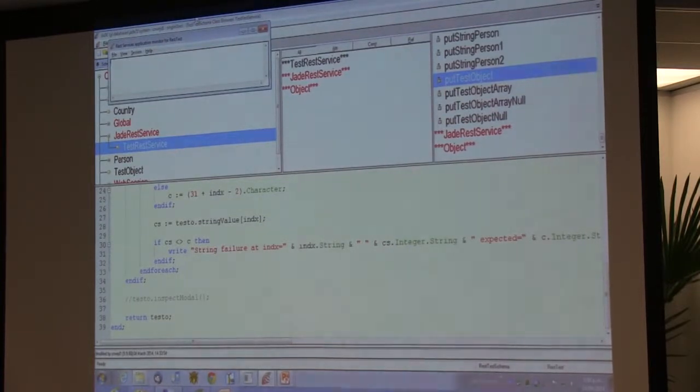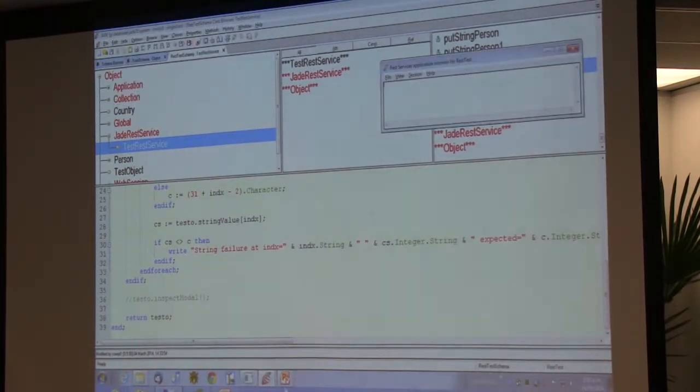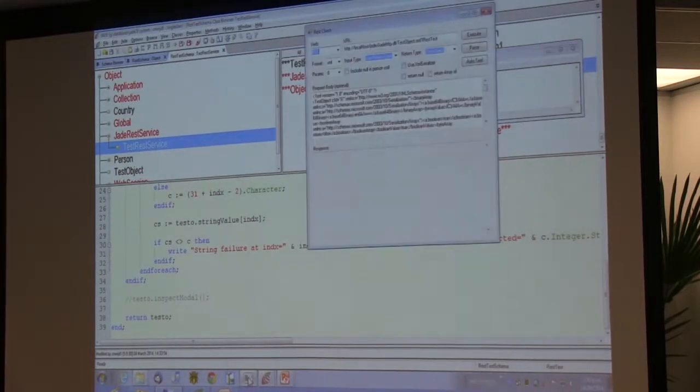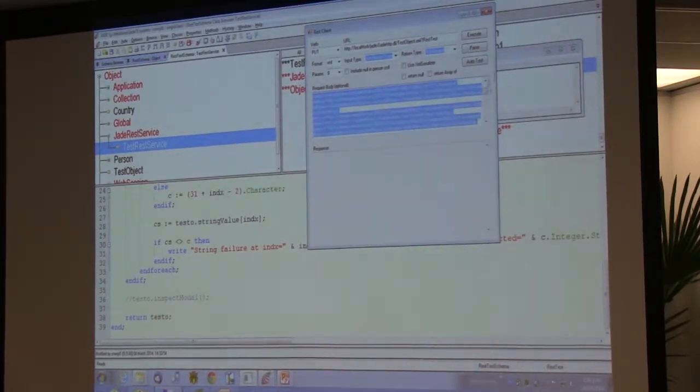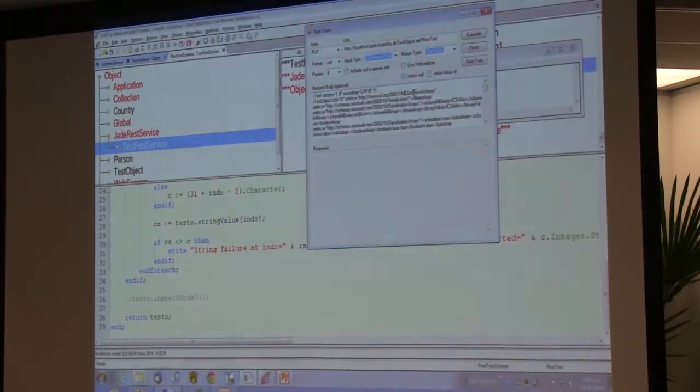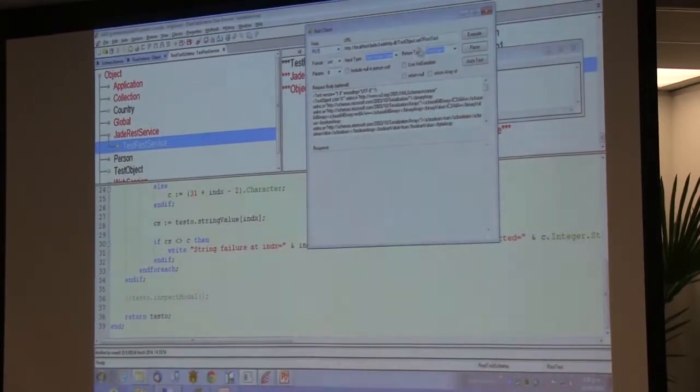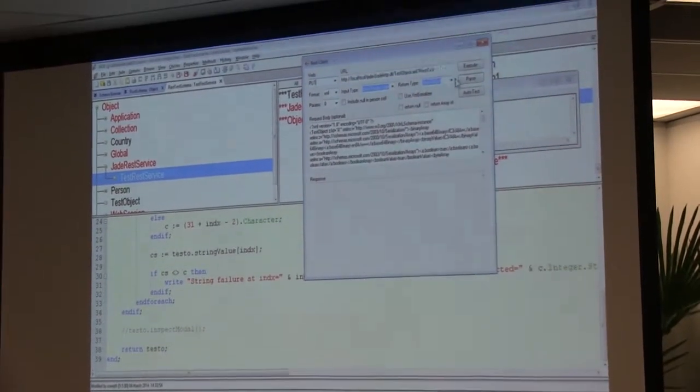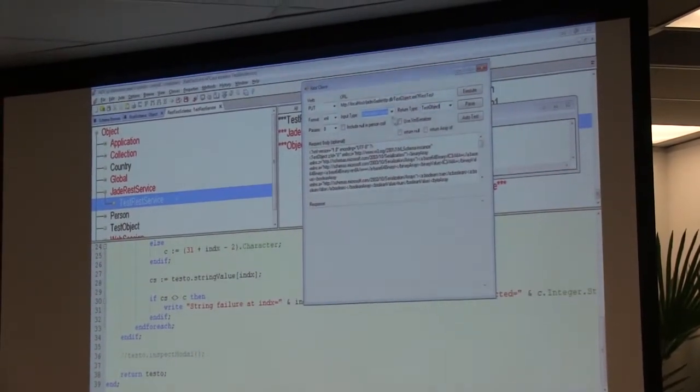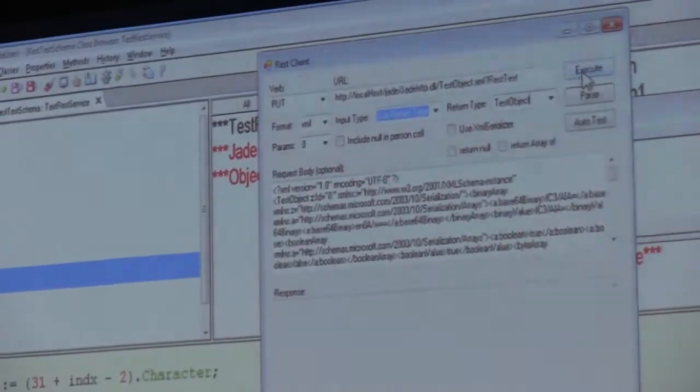So we have a little monitor app sitting up there, and this has a section in the middle. This section here is the XML that will be sent from the client, because we're doing a put. This put up here is saying we're doing a put. We're saying the return type is test object, and we execute that,